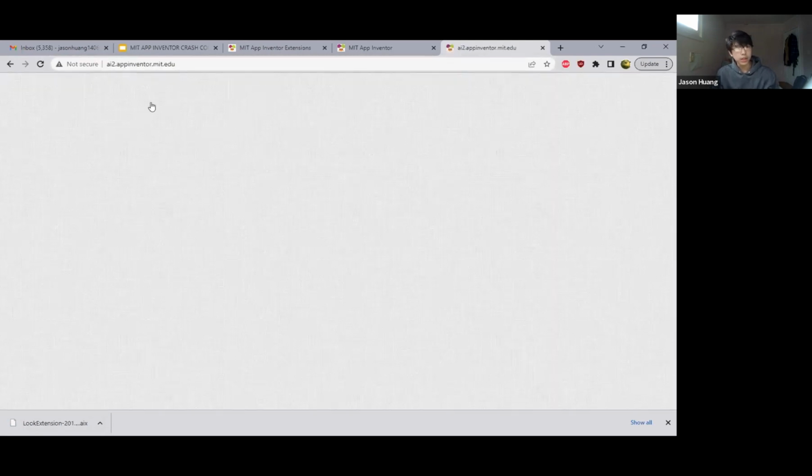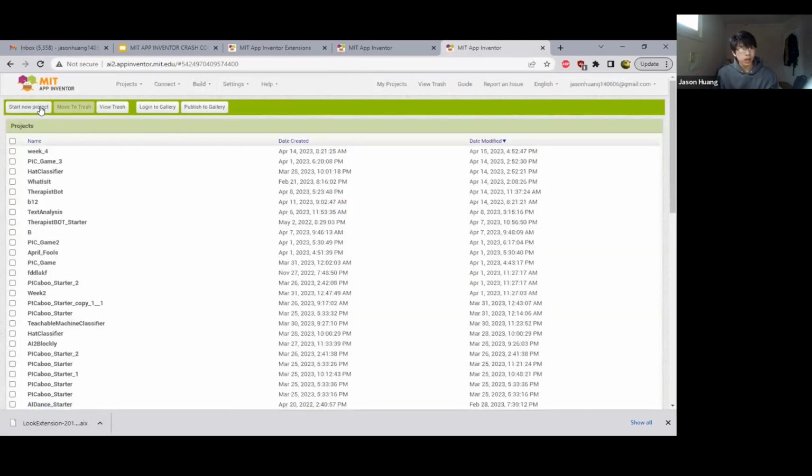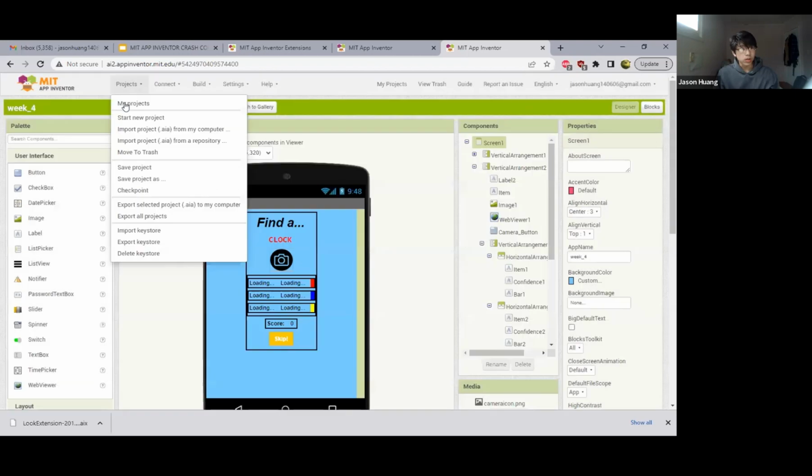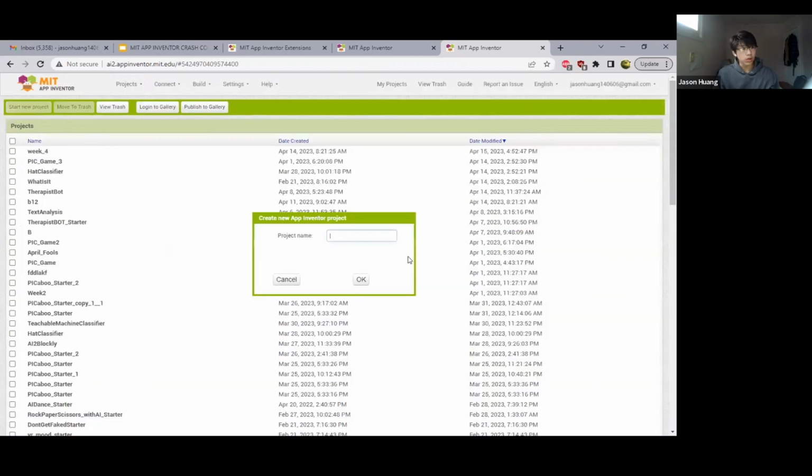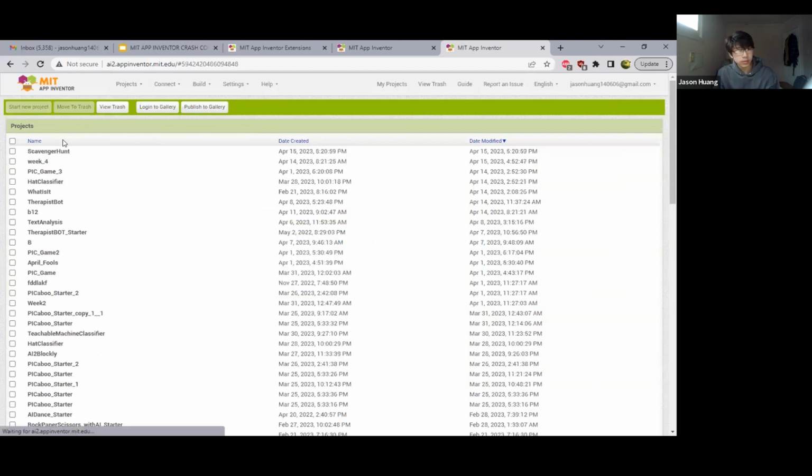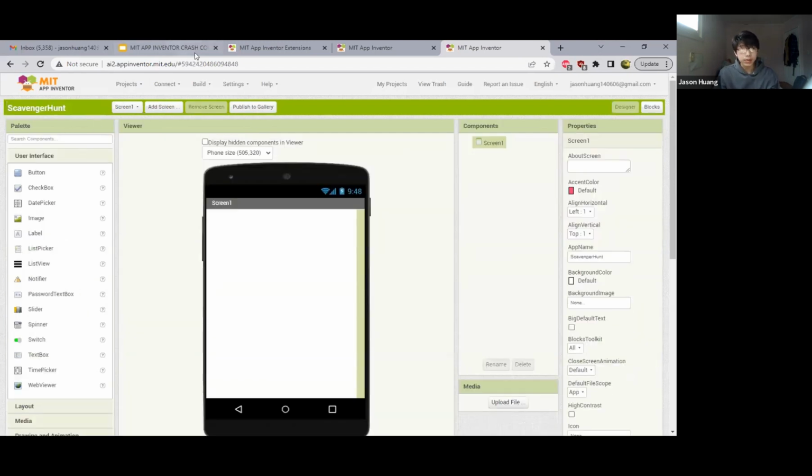There you go. Okay, you're going to go to MIT App Inventor. You are going to start a new project and name it Scavenger Hunt. This is going to be your app. Okay. Next,